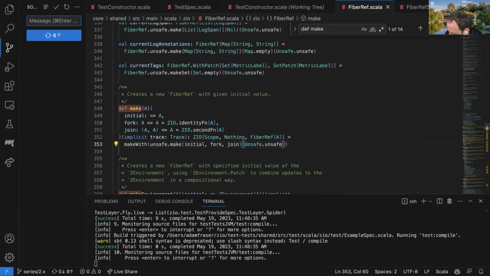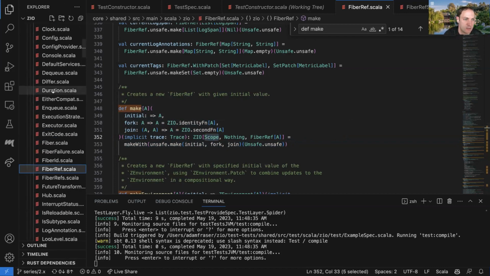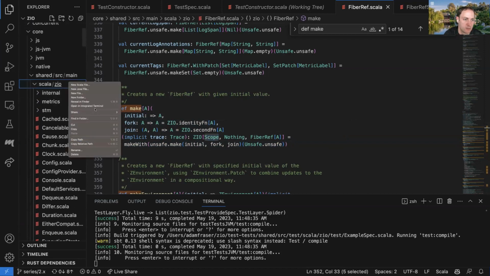And then you have a question of how do we know the scope is the same scope to which the fiber lifetime is bound? Well, this method says it takes a scope. And so when you call this method, that's going to be the scope you have. Now, you may end up putting more than one thing in that scope, right? Because the scope gives you the ability to control when you close this. So if we create a simple example here,